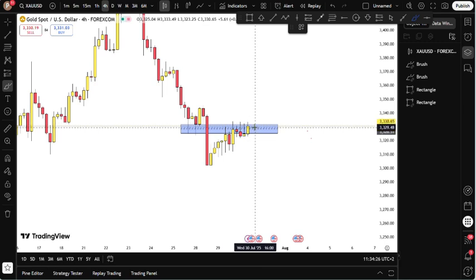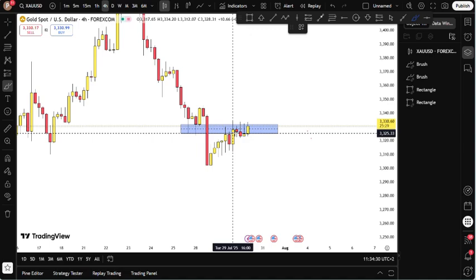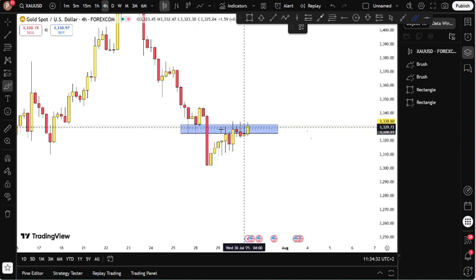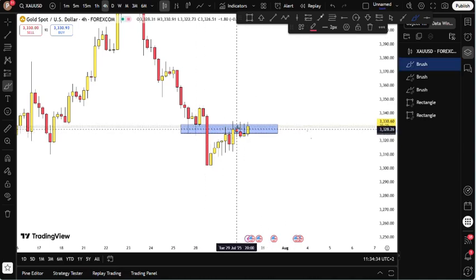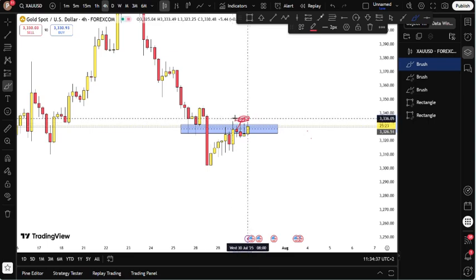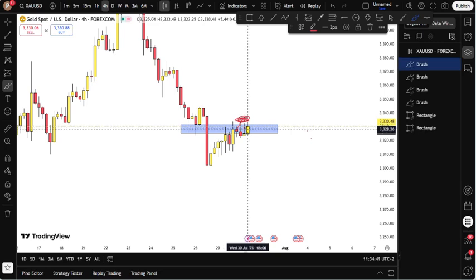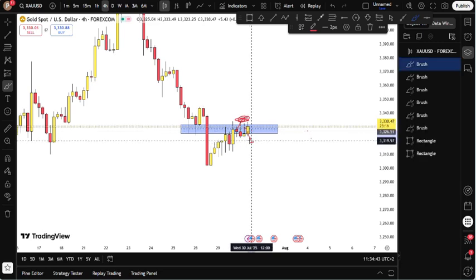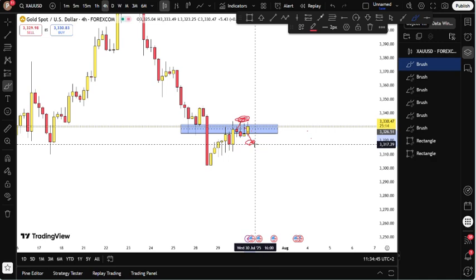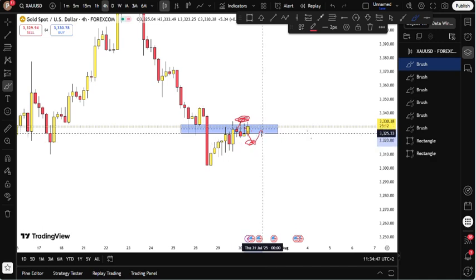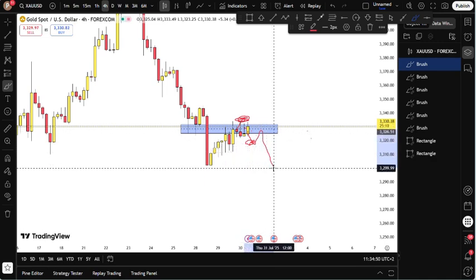But anyway, it's the 4 hour. This is as low as I will go. But anyway, let me conclude. Since we are at this zone currently, we are waiting to see whether gold will close above or stay below here. If it closes below, we know what to expect. We're expecting another retest to see another rejection to the downside.